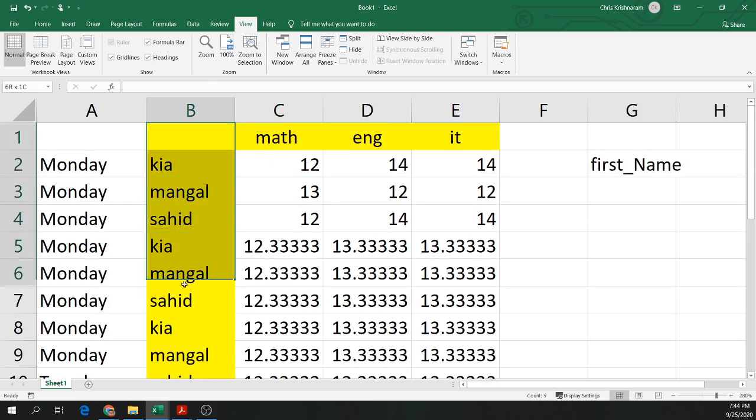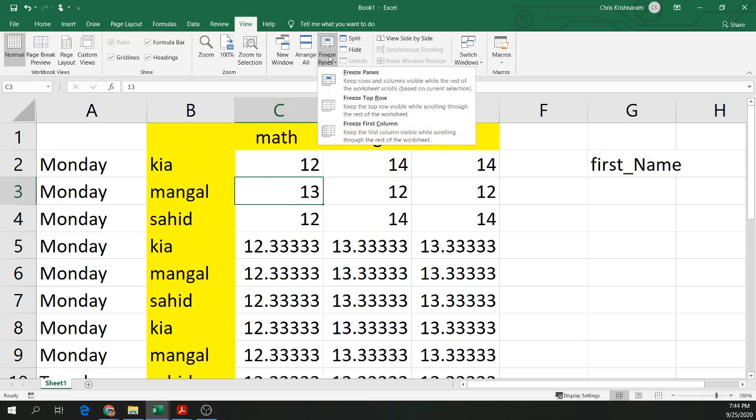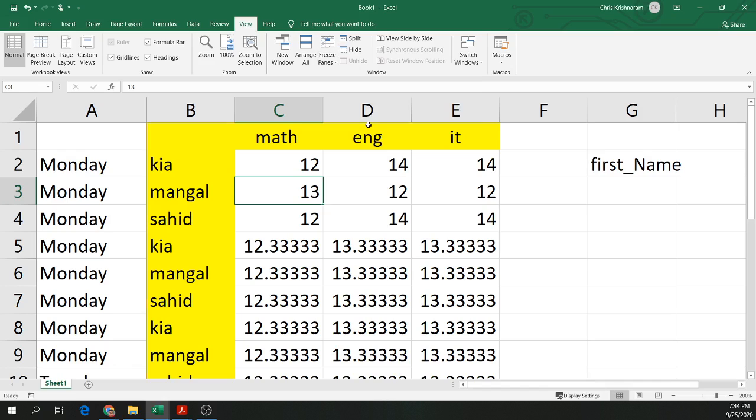Now I want to freeze this B column here with the names of my students. So it's the same thing again. I go to the column just to the right, I go back to Freeze Panes, and the third option, Freeze First Column. So the first column would be the column before wherever I would have selected. So I select that,